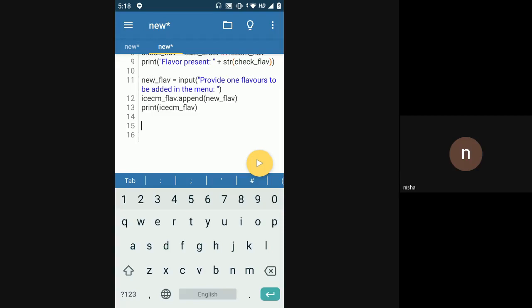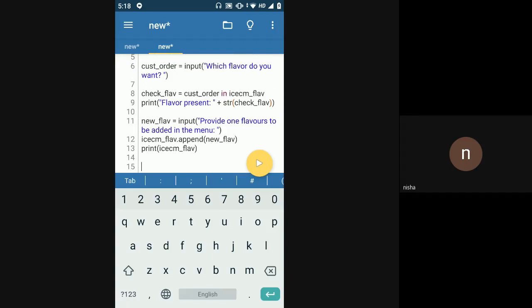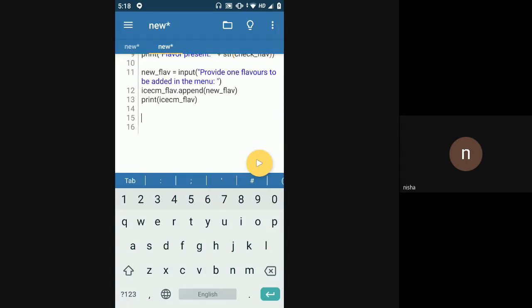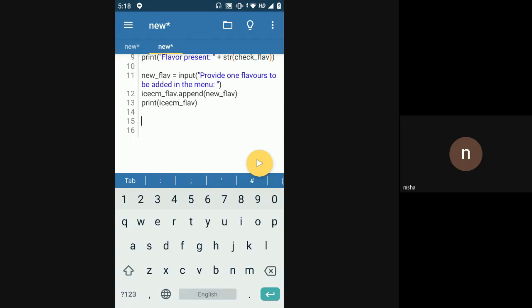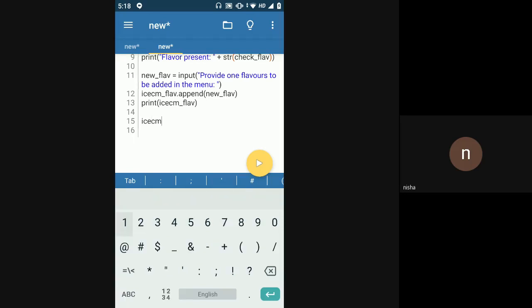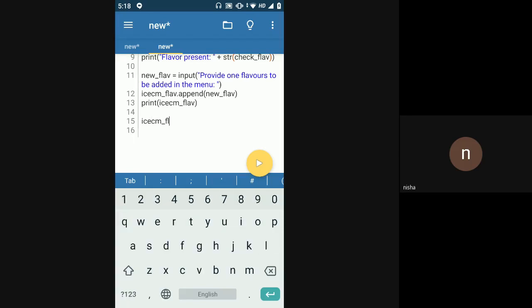Now there are certain flavors which are a combination of two things. Like there is maybe a chocolate coffee flavor, which has both chocolate and coffee inside one ice cream only. So I have to put that chocolate coffee flavor into my list. Here in this list I'm just specifying the flavors that I have, so my chocolate coffee is also another flavor. In that case what I'll do is I'll just say ice cream flavor dot append.